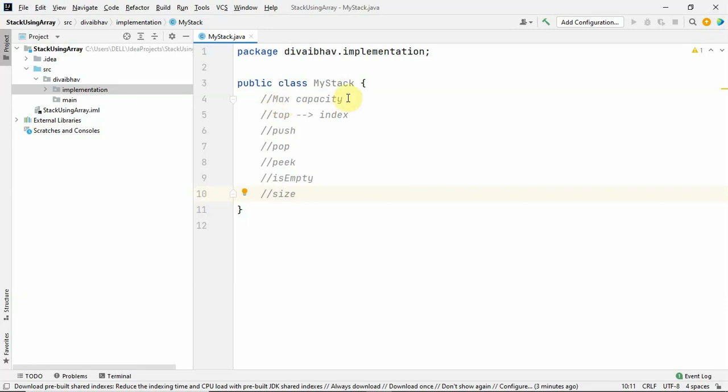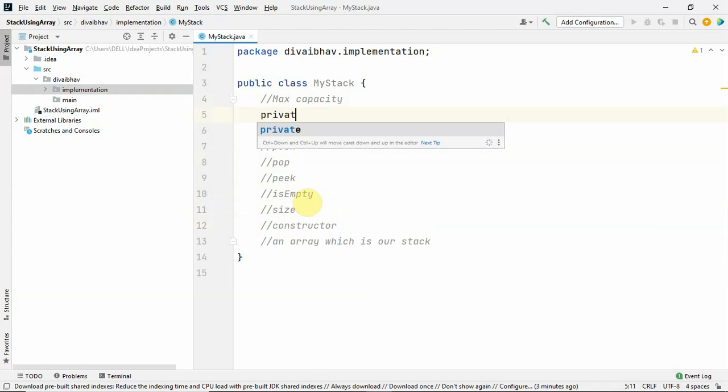The max capacity will define the maximum elements that can be present in our stack. Apart from this, we are going to define a constructor, and we are going to create an array which is our stack. So now let's begin with creating some of these functionality.